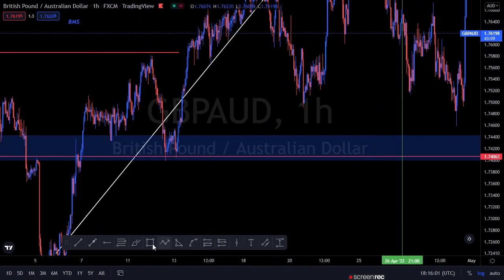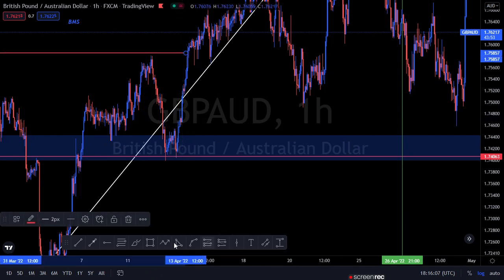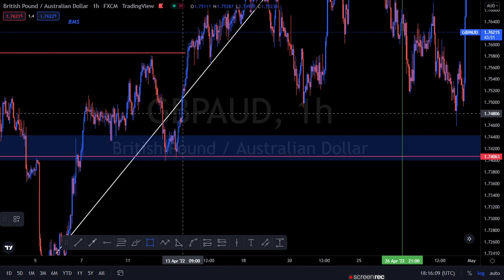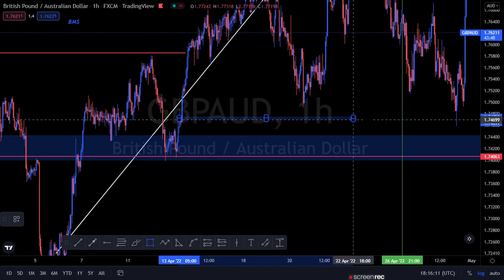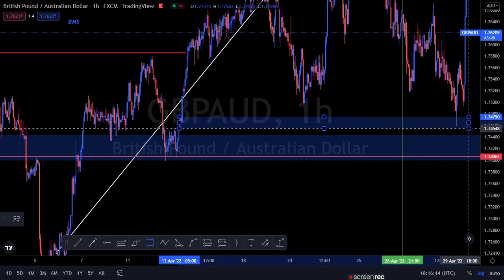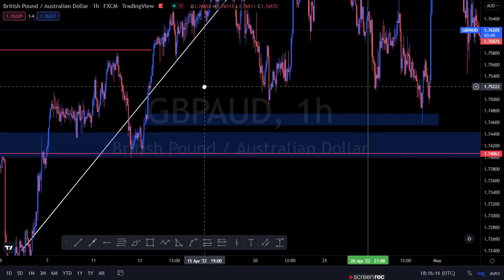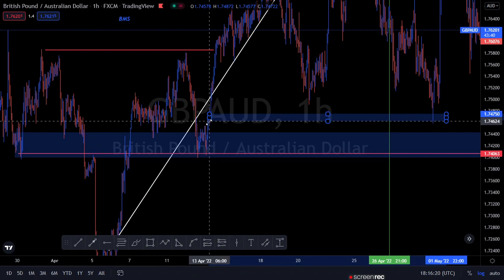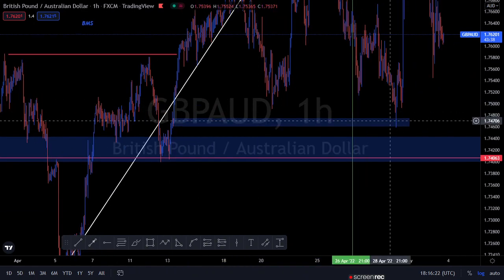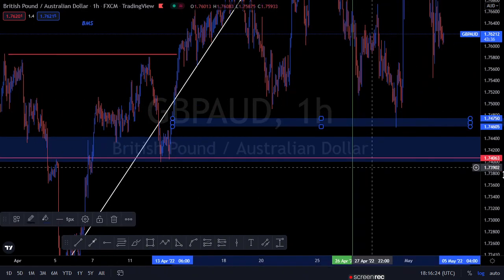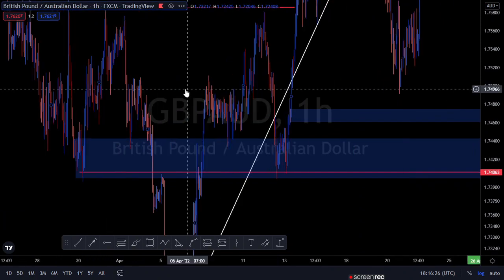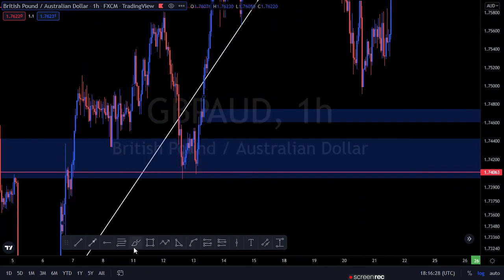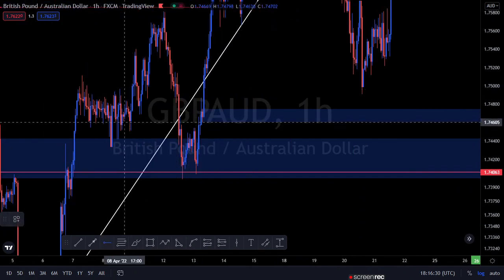Very, very powerful order block. Why? It was the last bearish candle that broke this structure, took this structure. So this is a point of interest because it is a 1 hour order block. Now I wouldn't have placed my stop loss just below the order block because there is a liquidity engineering over here. So I could have added it here, this place,